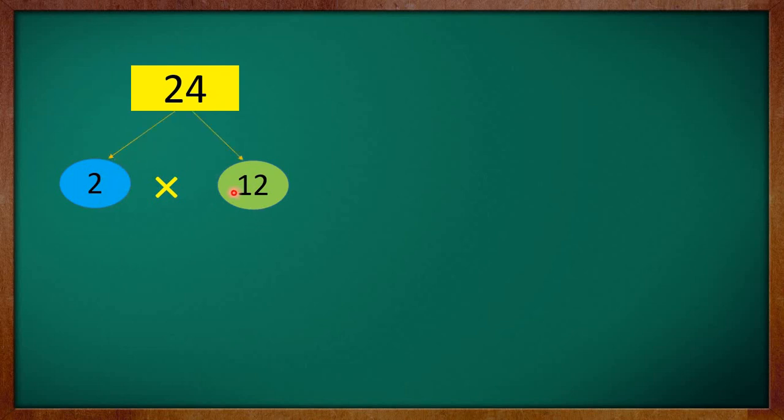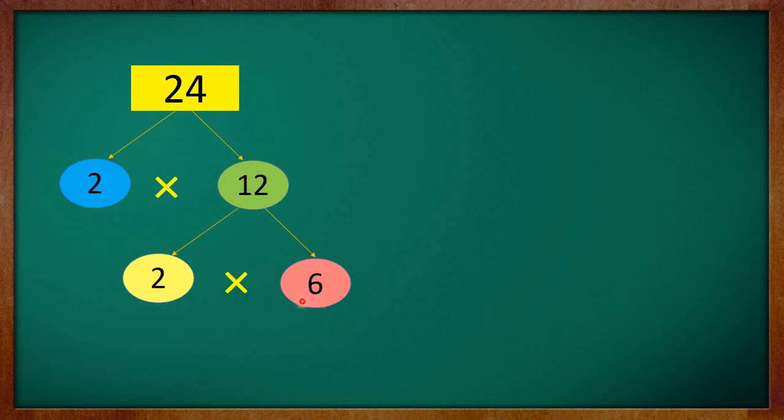Now kids, 2 has factors 1 multiplied by 2. That means 1 and number itself. So we will not extend the branches of the factor tree from this side. Now if you look at 12, 12 again is an even number. That means it will be divisible by 2. So one of the factors of 12 would be 2, and the quotient of the division, that is 6, will give you the other factor in the multiplication fact 2 multiplied by 6. Right? Here again we will not extend the branch of this factor tree from this side.